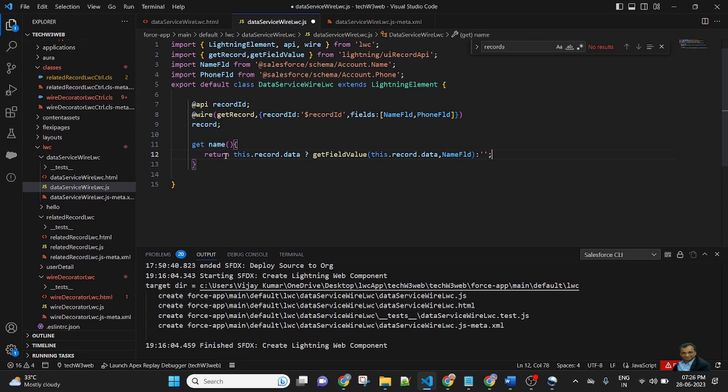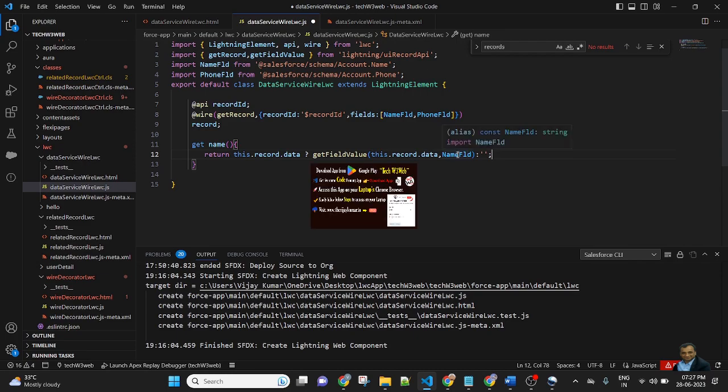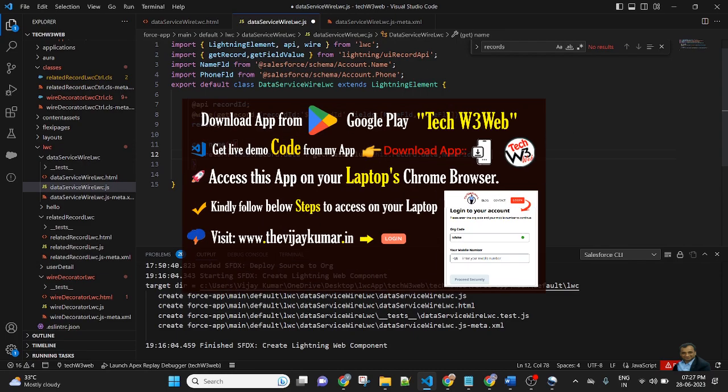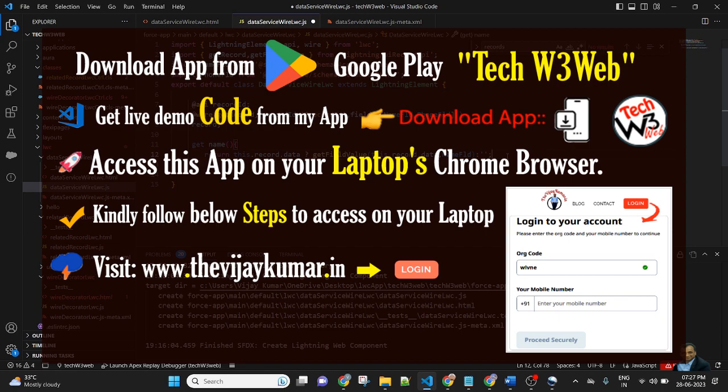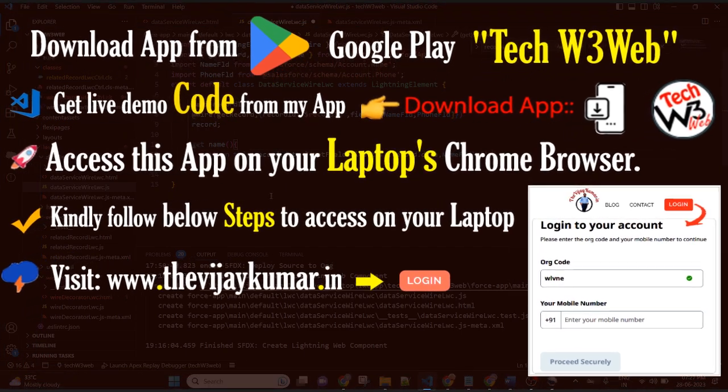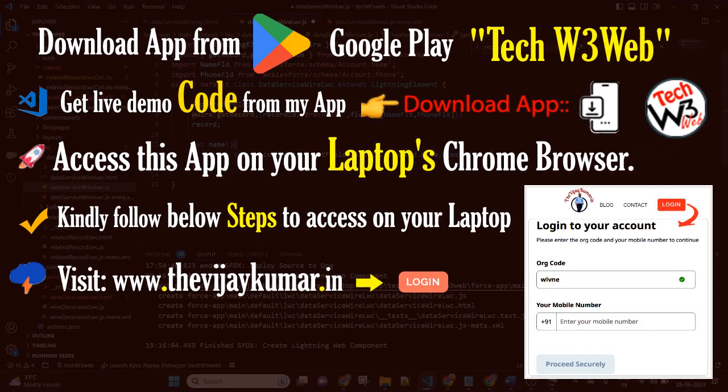So this type of function returns true or false. If this.record.data is true, then it will pass this.record.data and this NAME_FIELD. Otherwise it will return blank. So this is used for name.